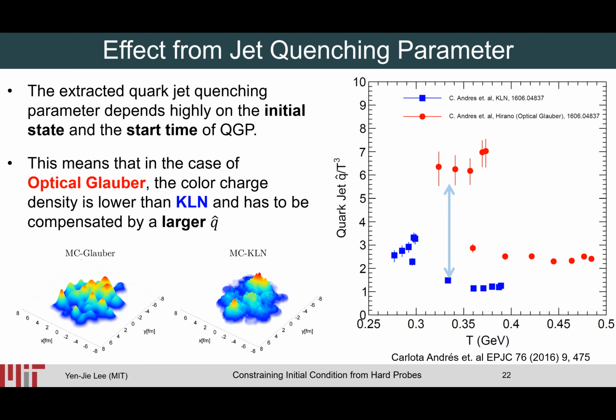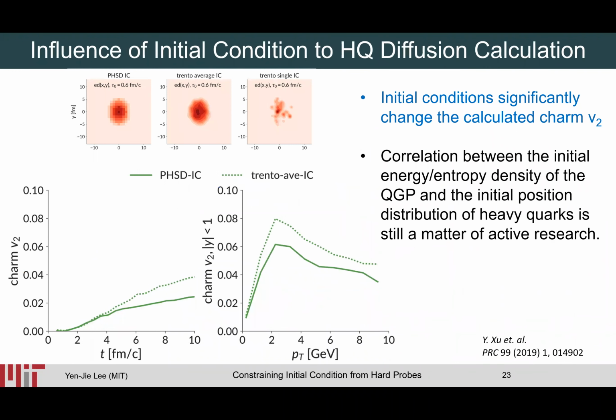This is work from a few years ago, showing that if you use an optical Glauber model and the KLN initial conditions to produce the medium, which roughly describe the two observables we see in the experimental data, they extracted the jet quenching parameter and the results differ significantly. Of course, there are contributions from the initial state and the starting time of the quark-gluon plasma. So this shows this is really something to be greatly improved so that we can understand the quark and